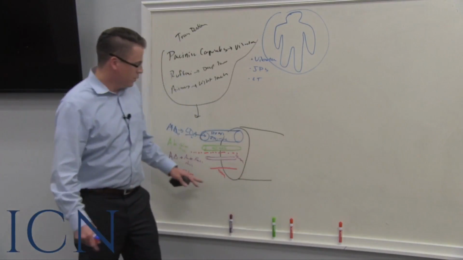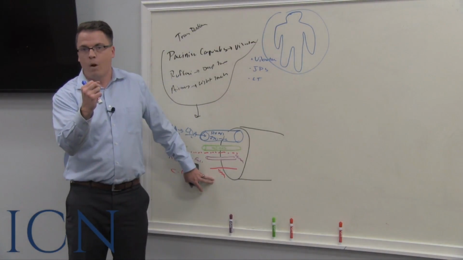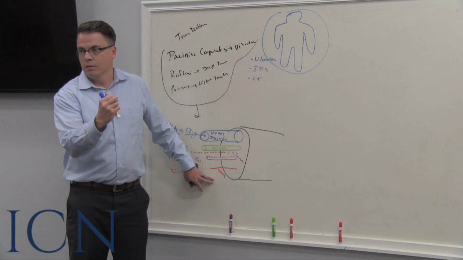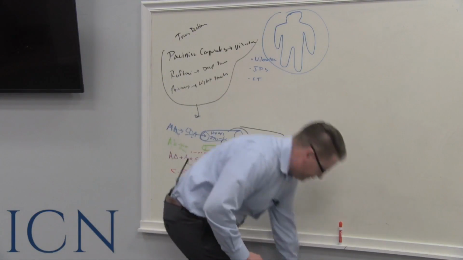All right, so those are the nerve fibers that are carried in that nerve bundle. Now, where these are carried in the spinal cord is vitally important. Because what will happen is that this nerve,